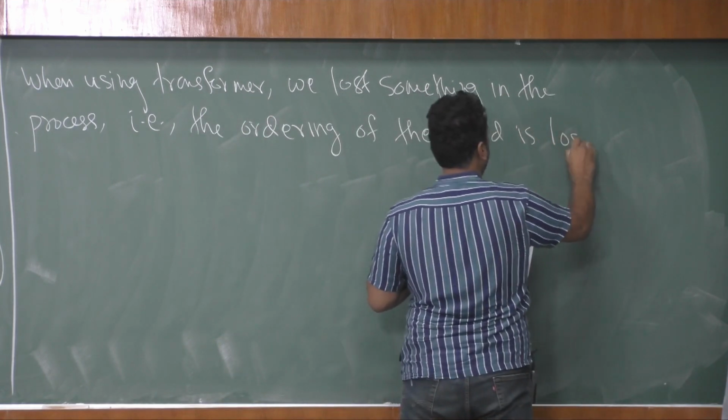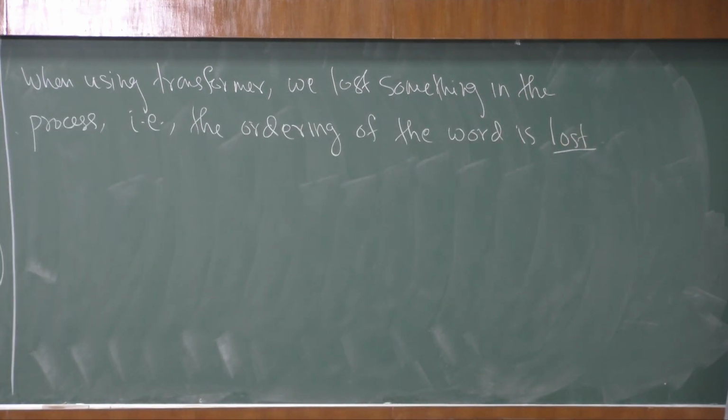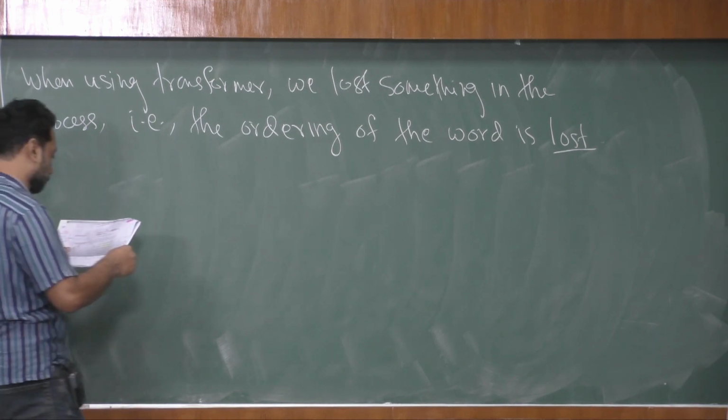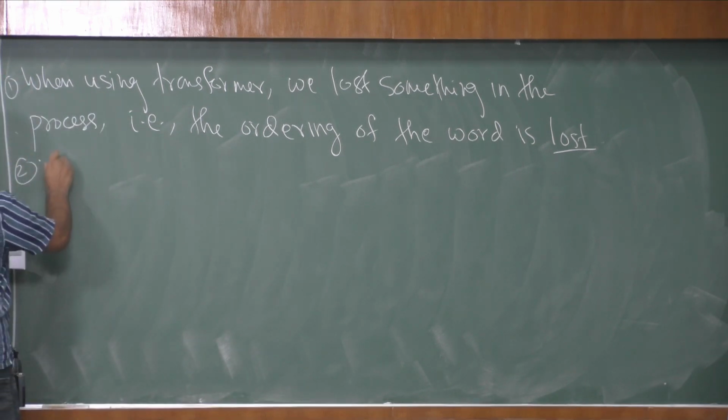Ordering of the word is lost. And we are dealing with time series data, and so far there is no concept of ordering that we give to the transformer. So if we look into RNN, with recurrence,